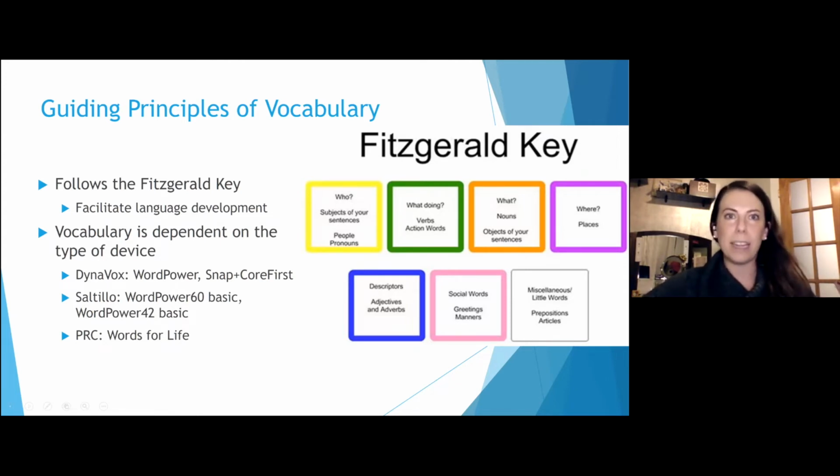It'll change a little bit, but the reason it's important is that when you are adding words to a device, you want to maintain that consistency. You don't want some words to be a different color just because that's what you felt like going along with. Right now it might not seem as important because you're modeling single words, but when you start to build sentences, you're able to show them a visual: you need a yellow square and a green square, and then we're ending with punctuation. And so the child is then able to create a novel utterance, which is really important.